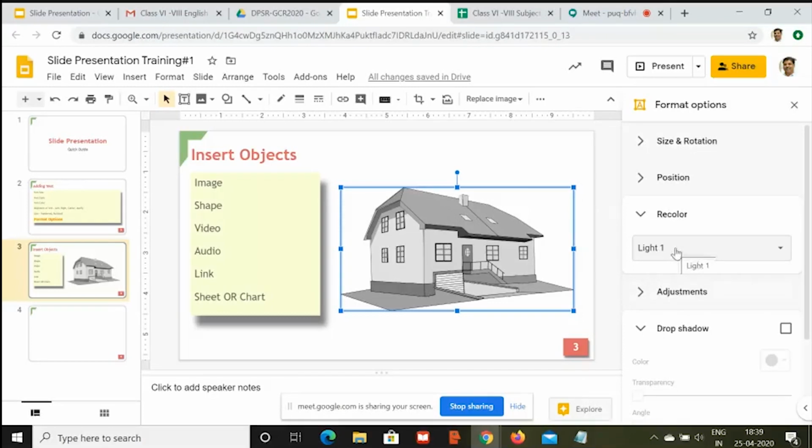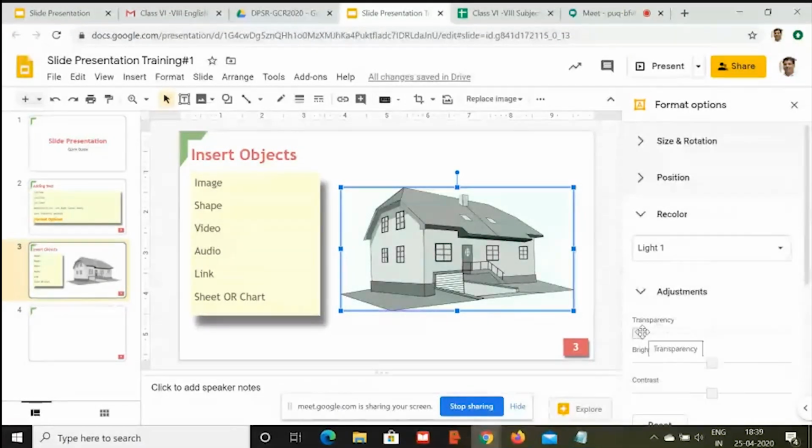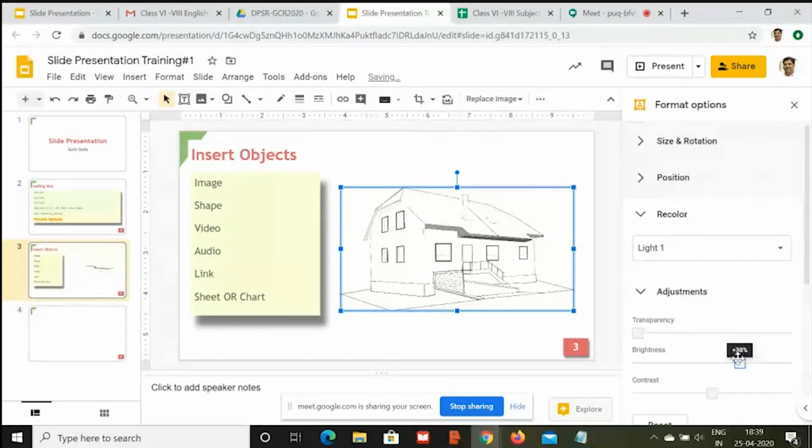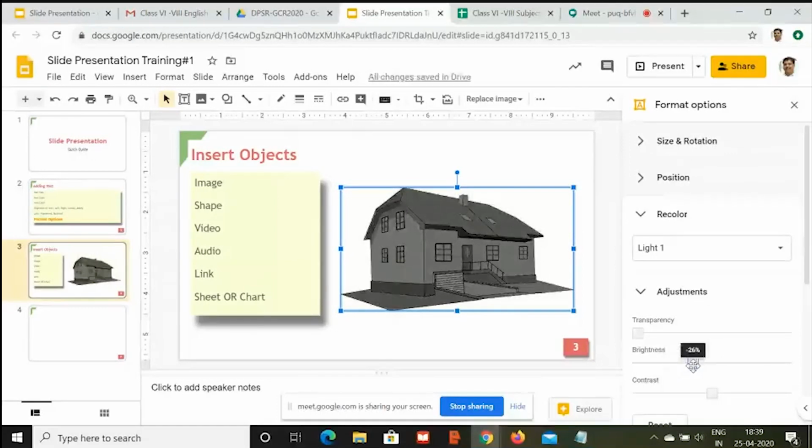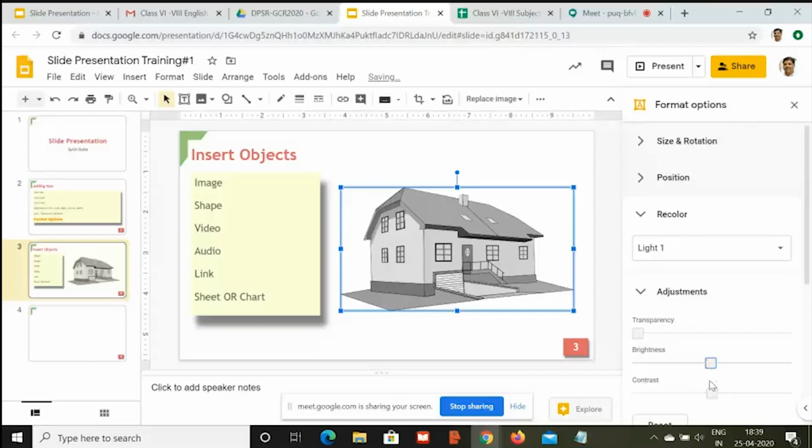And then I can further adjust it. Its transparency I can change. If I want this a little bit transparent, if I want the brightness to increase, I can do that. See, it is ultra bright and this is a darker shade, right? So this is entirely in your control. You can change the contrast of the image. You can see this looks a little better and more impactful. So just do those settings appropriately as desired.